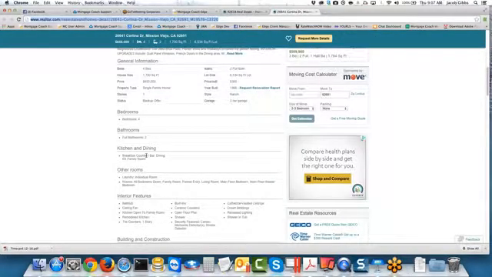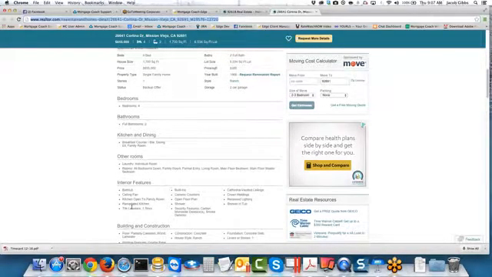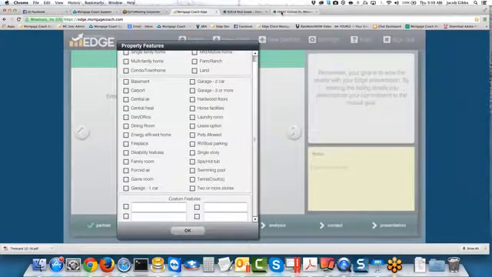Now things like the kitchen and dining room, they have a breakfast counter, a breakfast bar, they have a dining L and a family room. They do have a laundry room, and they list a couple more features here. You can see in the interior features, we've got a bathtub, ceiling fan, tile counters, all that kind of good stuff. So what I would do is jump back over to Edge,